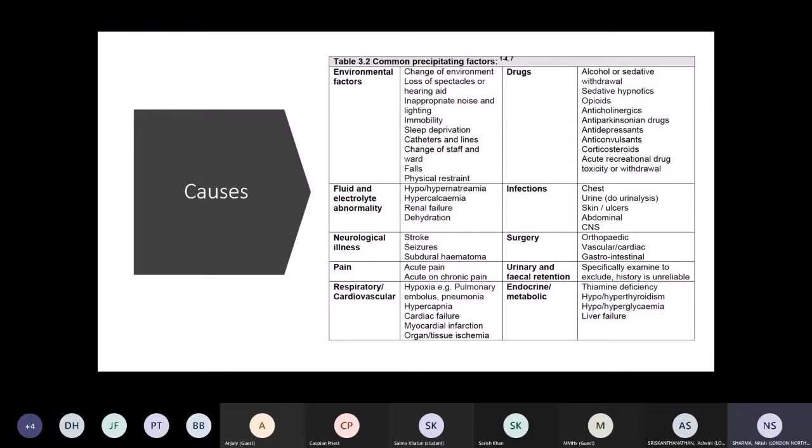So it's very important to manage the pain, because as soon as a patient comes, we start tackling the numbers, we start treating white cells, we start treating CRP, electrolytes, but no one treats the patient actually, which means giving acute pain relief. Respiratory causes, hypoxia, very important. Hypercapnia, another very important reason for delirium.